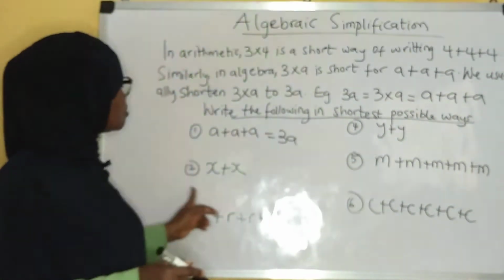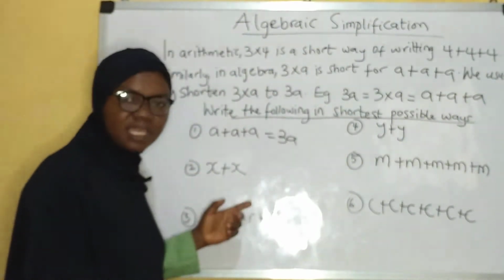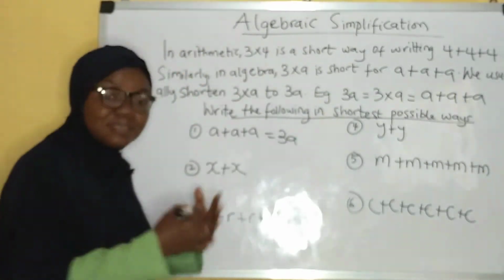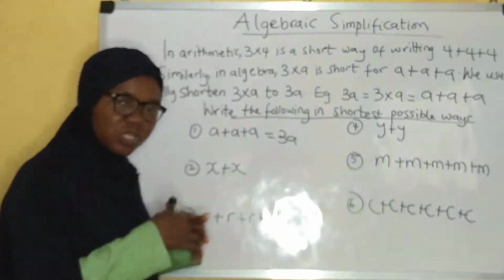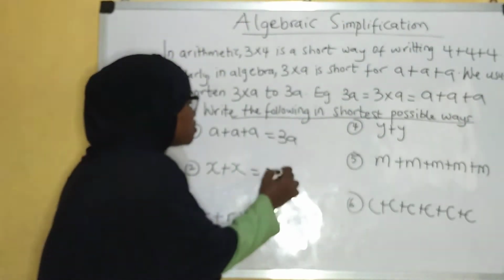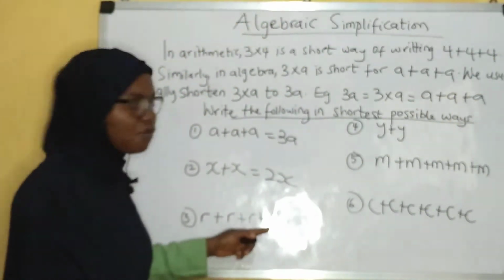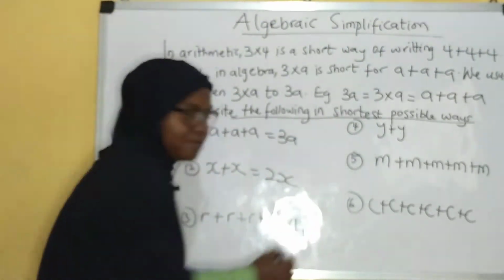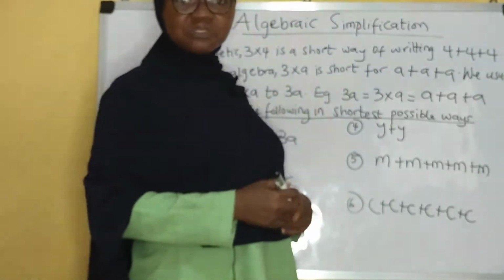Now, based on that, let's go to the second question here. This next one, I have x plus x. And what does that mean? That's the same way I did this. Just add it together because they are the same thing. Do you understand? One xylophone, another xylophone. When you join it together, it will give you 2 xylophones. And that is 2x. Now, number 3 is this. 1, 2, 3, 4. 4r. Do you understand? Because they are the same thing. 4r. Is that clear? Now, the next one will be y plus y. And that is just 2y.